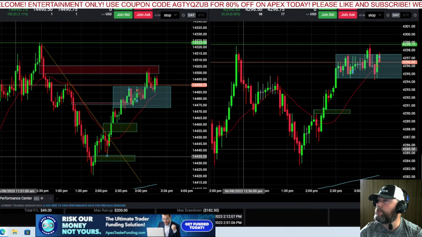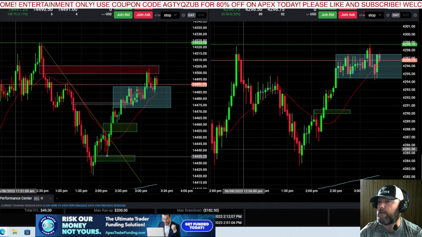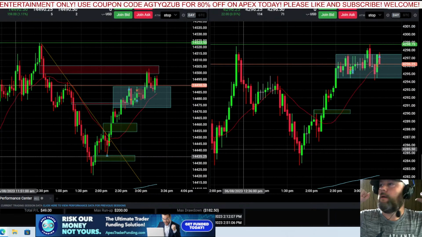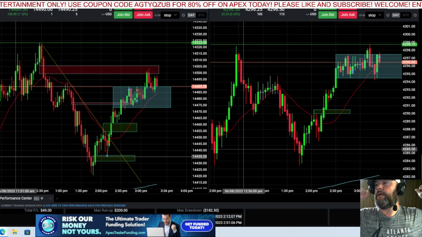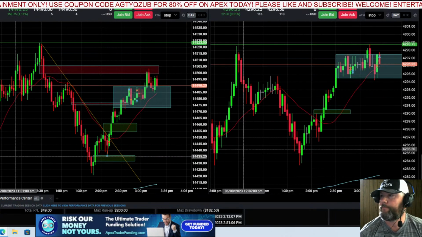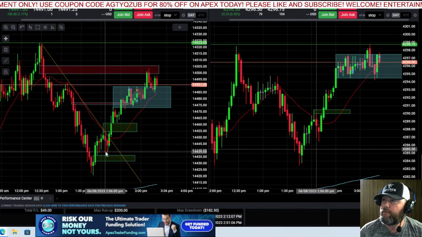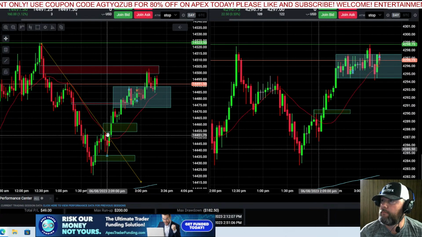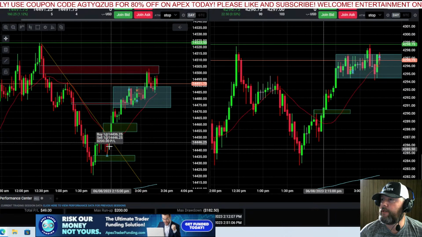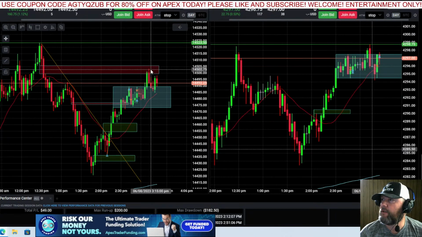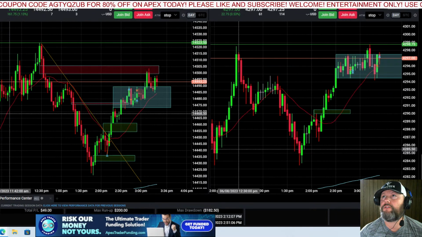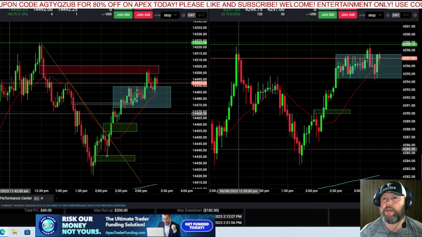Not great on execution this afternoon. Still positive $49, but we've definitely left some money on the table today. I mean, if you look at this entry here, this was beautiful. Best entry of the day here. Long from 36.25. It's pushed all the way up to the 500. So those are the type of ones. The first trade of the day is usually the best one. Those are the kind of ones I need to